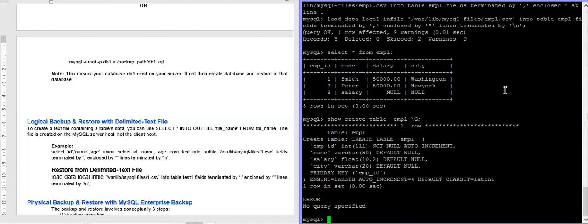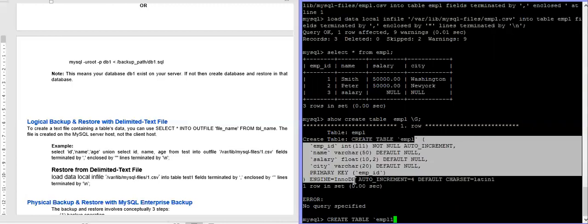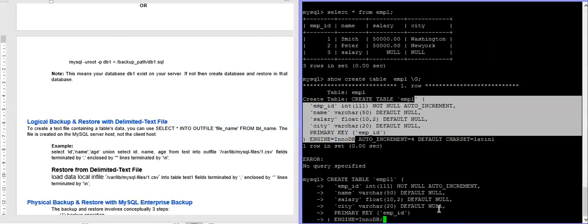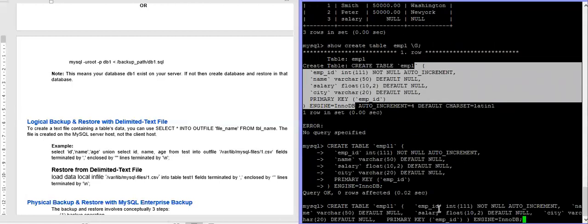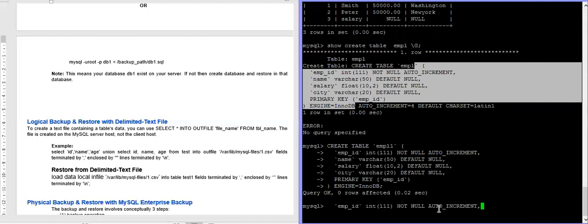So let's do one thing. Let's create a single simple table, the same, empl1, and we will restore it in this. Then I hope it will work. Now let's try that load command. Okay, we'll only have to change the table name.